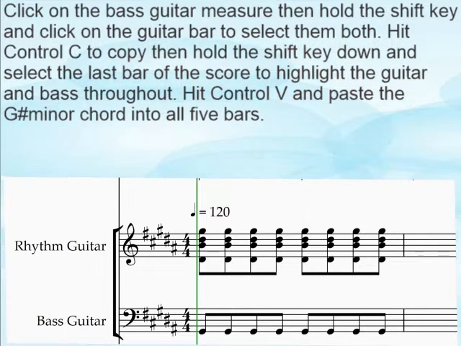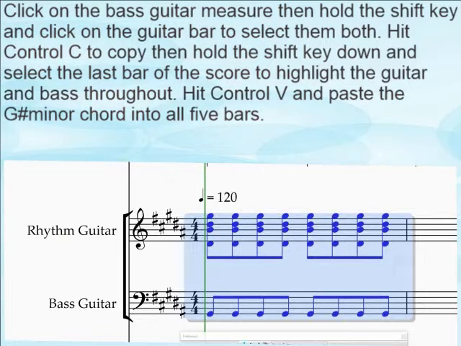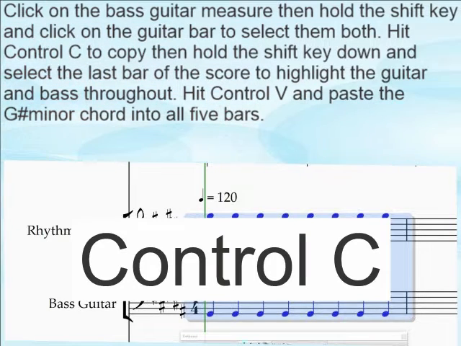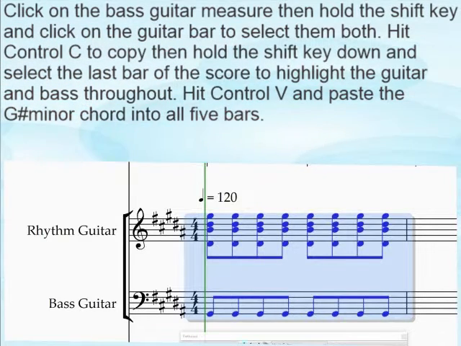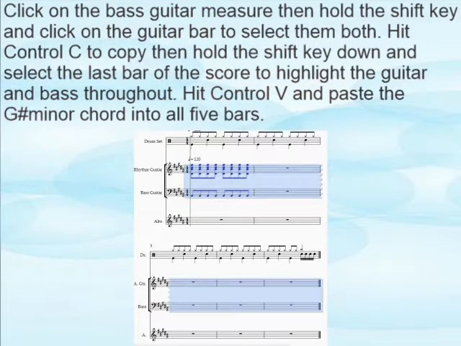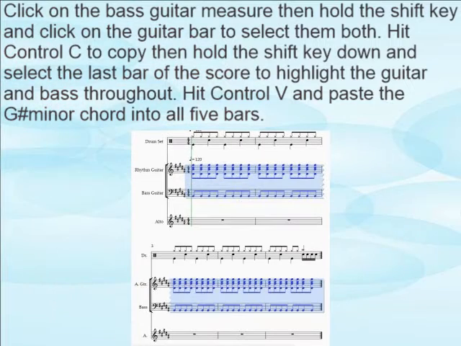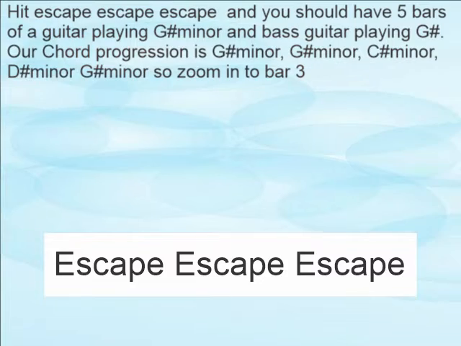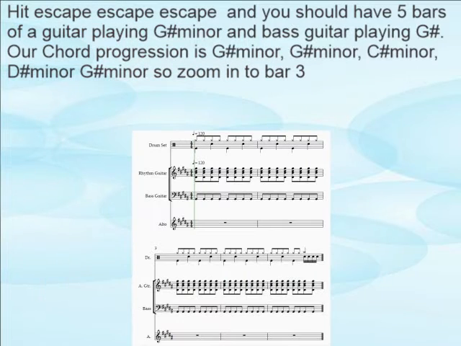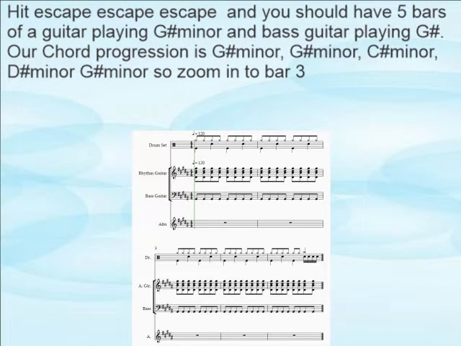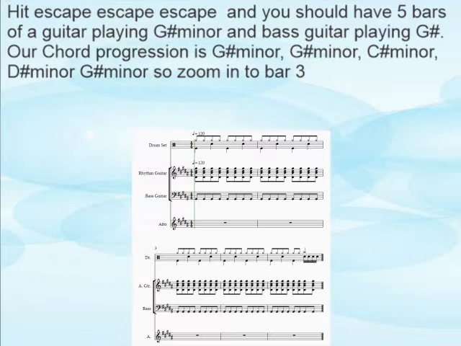Click on the bass guitar measure, then hold the shift key and click on the guitar bar to select them both. Hit Ctrl C to copy, then hold the shift key down and select the last bar of the score to highlight the guitar and bass throughout. Hit Ctrl V and paste the G sharp minor chord into all 5 bars. Hit escape, escape, escape, and you should have 5 bars of guitar playing G sharp minor and bass guitar playing